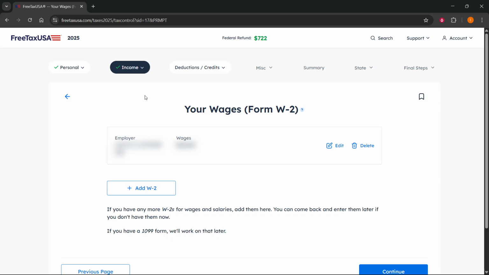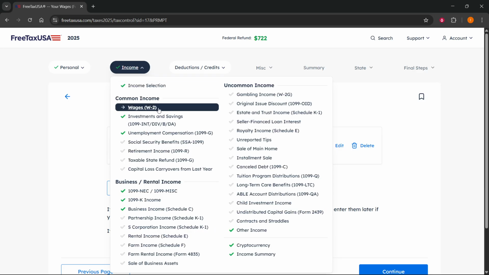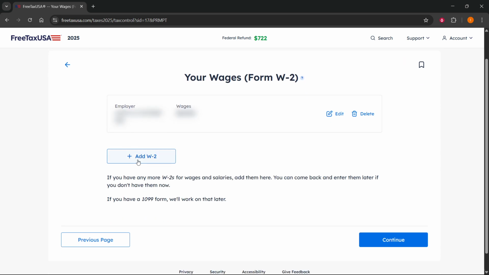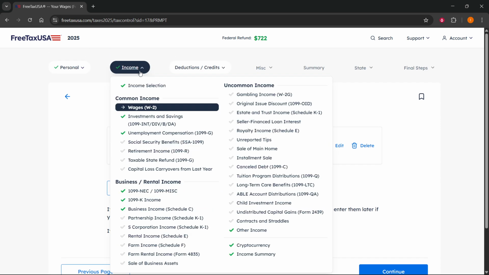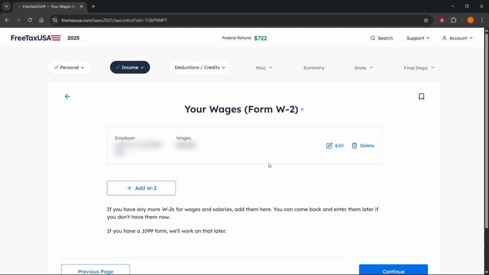So, just go to a form where you want to upload a document. For example, if I go to income, and for this tutorial, I'm going to do wages, W-2 here. If I click on here, it's going to allow me to add a form. There's a bunch of different ones. You should be able to do this pretty much everywhere where there's forms you could possibly upload, and then click